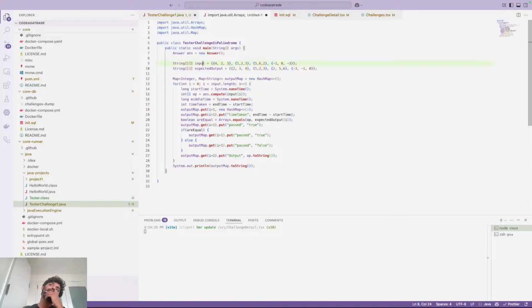So is palindrome. It's just a string array. So as usual, 3 outputs: ABC, ABA, and this ABBA, and A. Yeah. Expected output is also a string array, which is